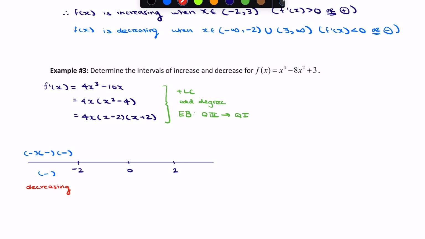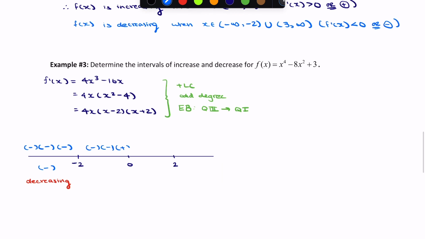From -2 to 0, some of values such as -1, negative, -1 minus 2, still negative, and -1 plus 2 will give you positive. So negative times positive here will be positive. So there it is increasing from 0 to 2. So if we sub in 1, for example, we'll get